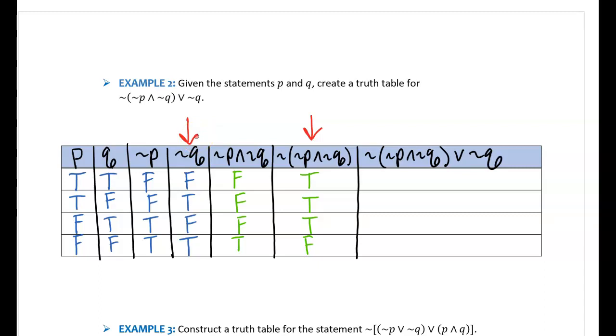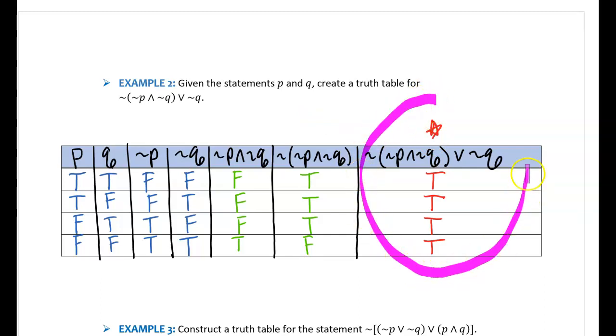Because this is an OR statement, I have the truth values true, true, true, true. So my final solution has the truth values of true, true, true, true.